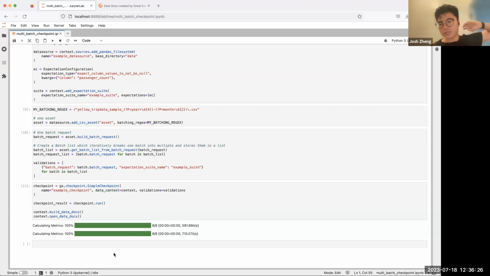Alrighty. Let me pause for questions. Maria asks, is it a risk to performance having 2 loops? I think she's referring to there being a loop to build the batch requests with the batch request list, and then one to iterate through the batch list. Is that right, Maria?